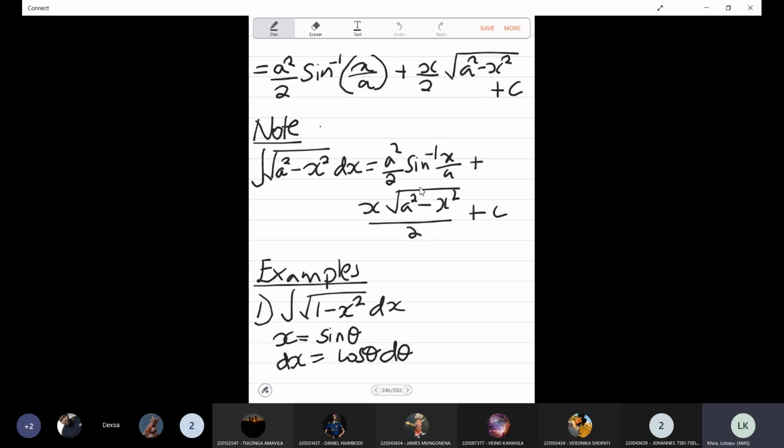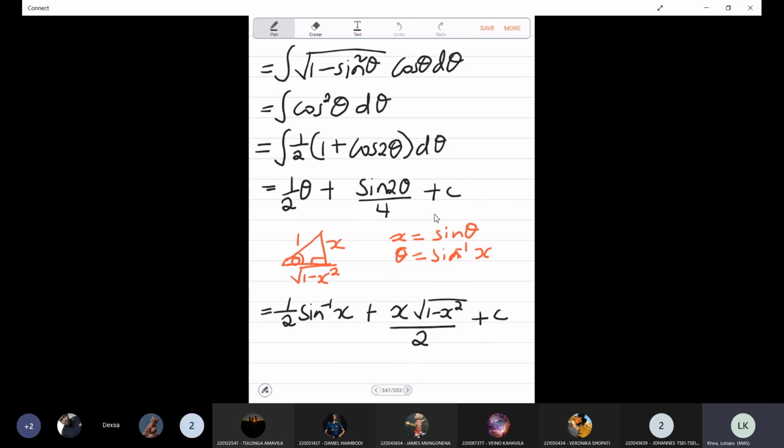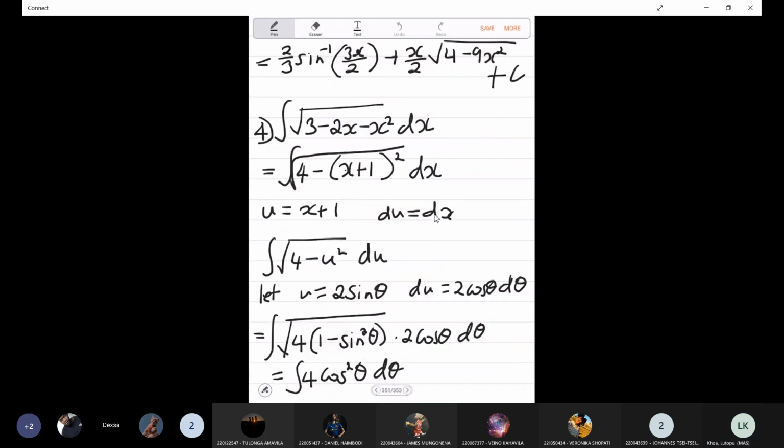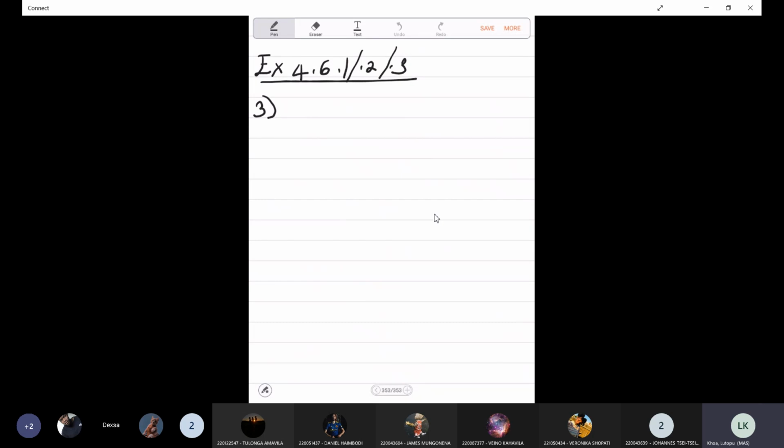But if it's worth 8 marks, just using substitution to get the answer will not suffice. You must show all the steps. Okay, so number 3 from the exercise, we have the integral of the square root of 9 minus x squared